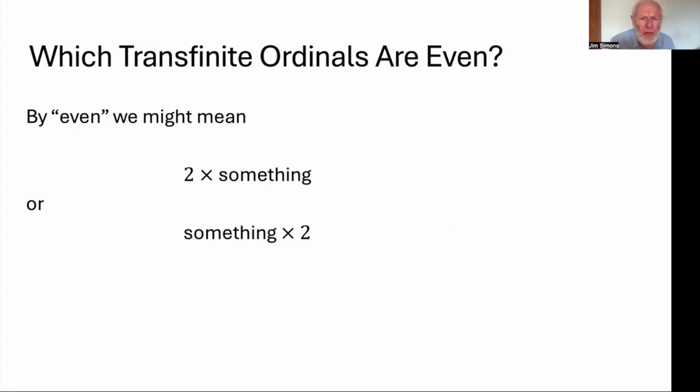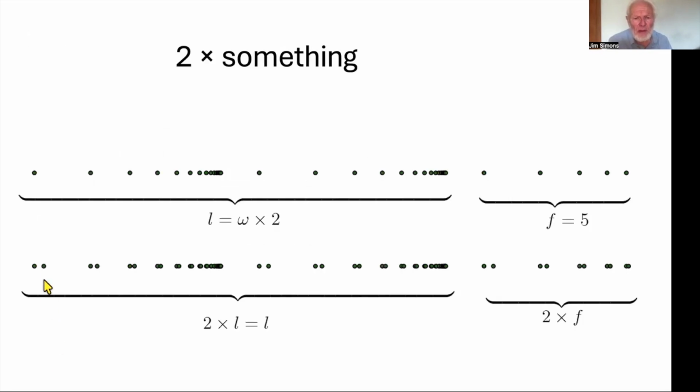Now, with ordinals, it's definitely going to be more difficult, isn't it? Because there are two meanings for even. We could mean 2 times something, or we could mean something times 2. Well, we better do both, hadn't we? So let's start with 2 times something. Any transfinite ordinal is a limit ordinal plus a finite ordinal. Now, in this case, I've chosen to illustrate this limit ordinal is omega times 2, and the finite ordinal is